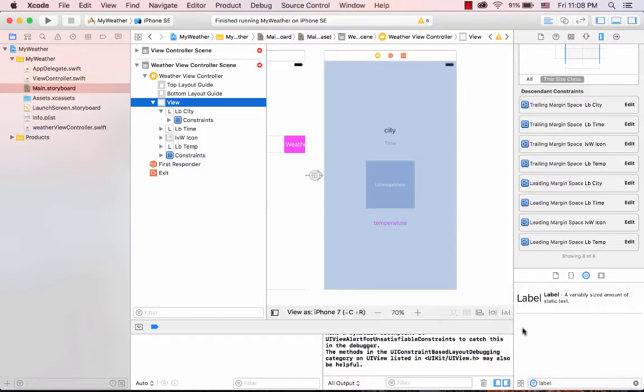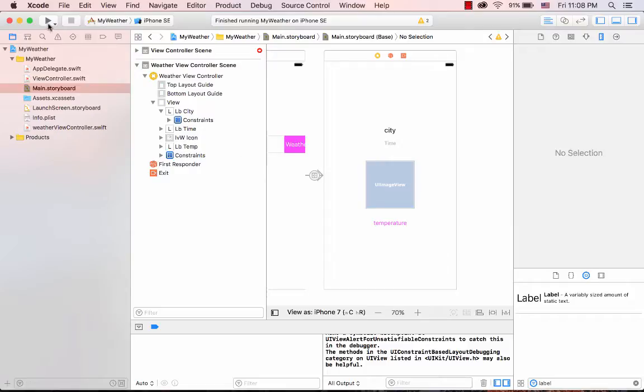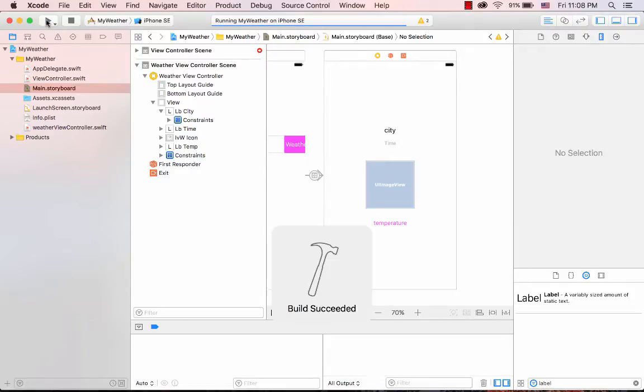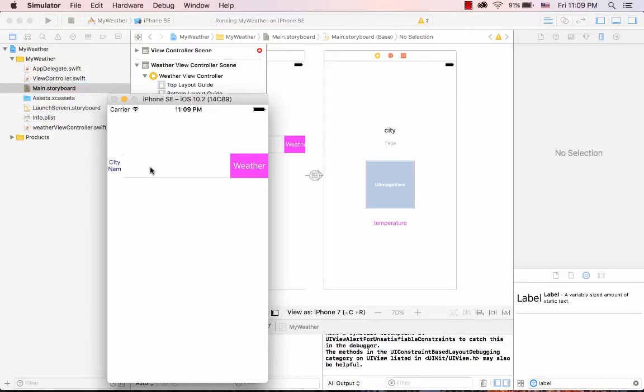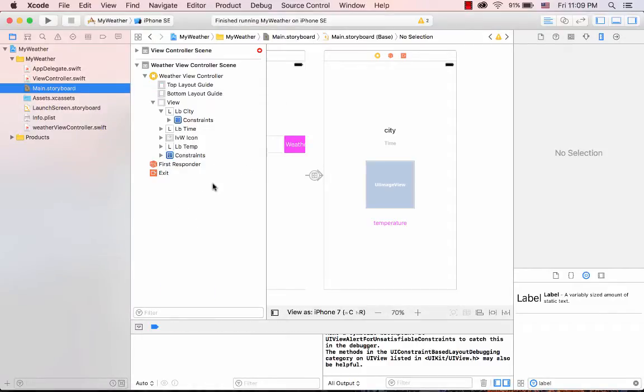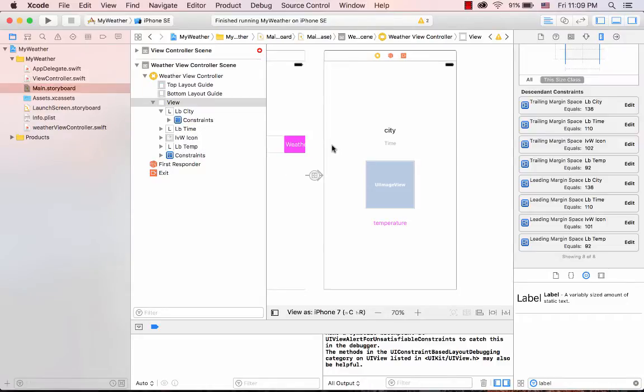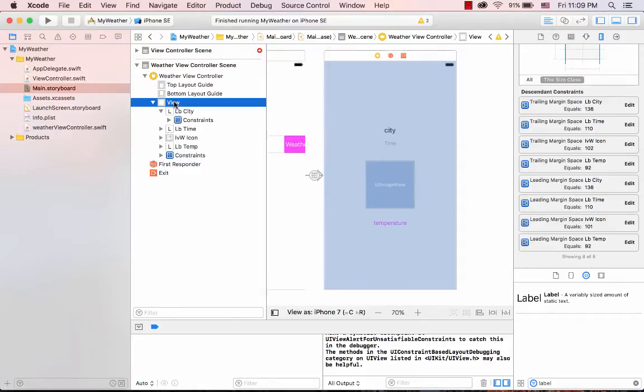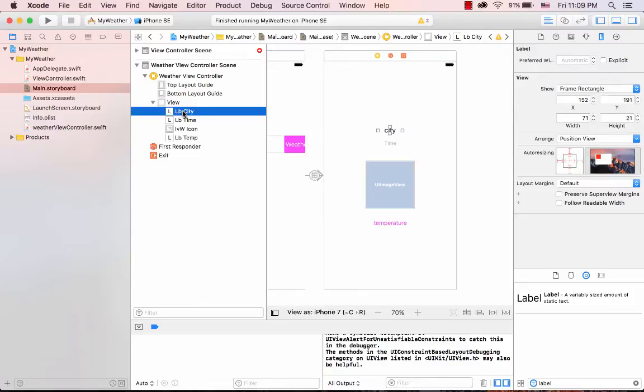Update all constraints. ABC. Okay, ABC disappeared. The other way that we need to do is a little tricky, right? I want to first clear all constraints, so no constraints. I want to put all of this